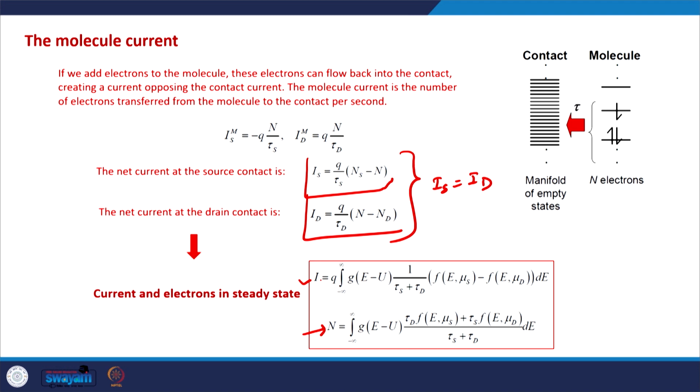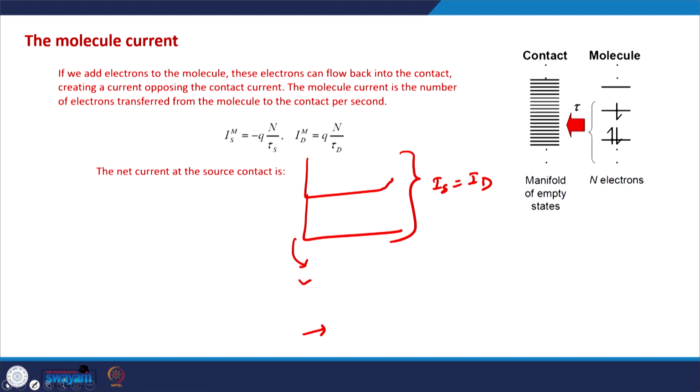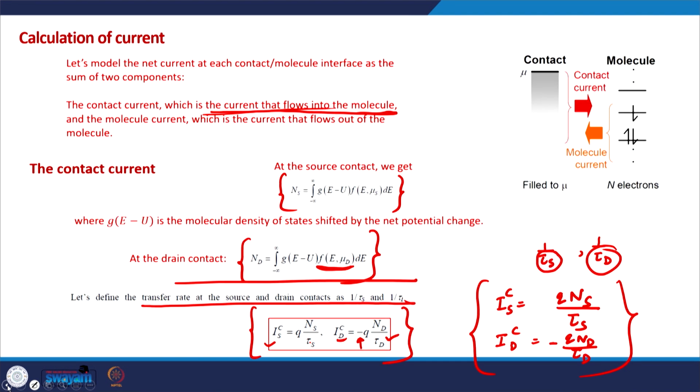So I would recommend all of you to do this derivation. I am skipping this step, and as I said, this is quite similar to the calculation that we did in the general model of transport. It actually draws parallels from there. Ns and Nd are given by the expressions in the previous slides, which depend on the source Fermi distribution and the drain Fermi distribution function.